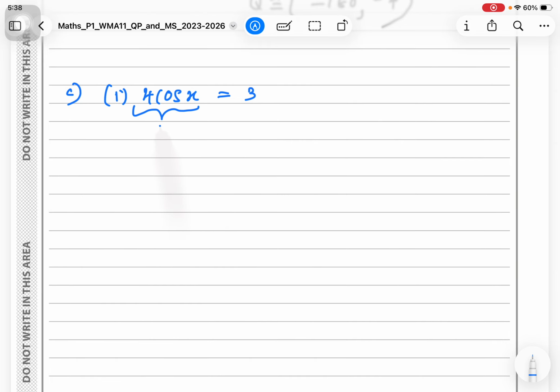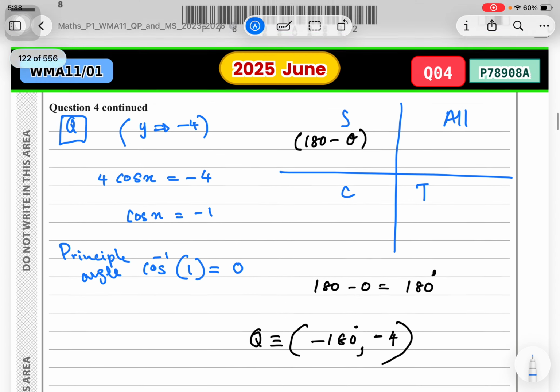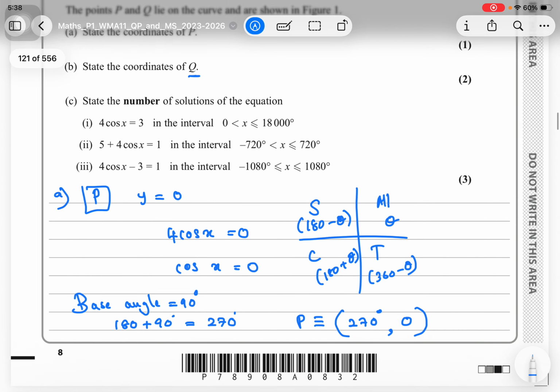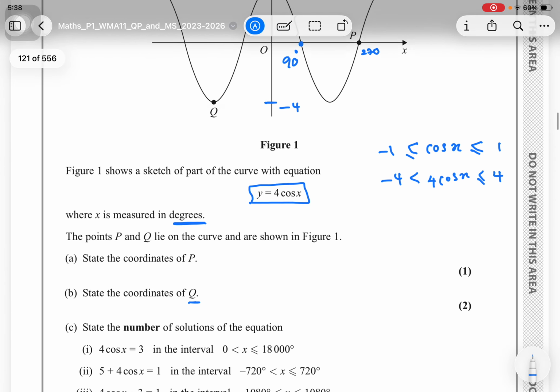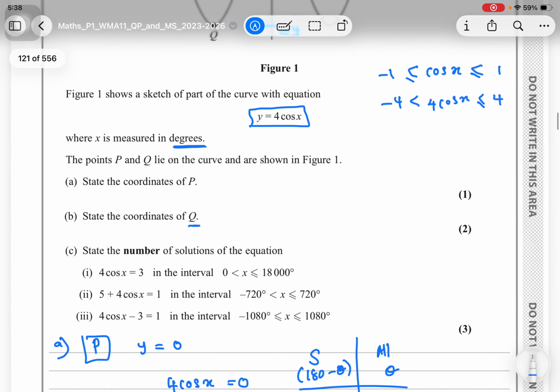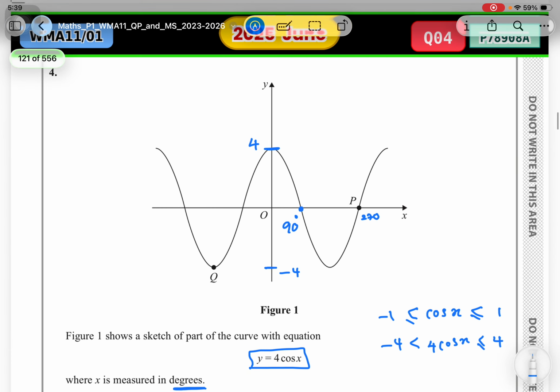This is our graph, to be honest. Once you have it, it can be taken from the graph or the numerical method. Let's see what they're recommending. They didn't really recommend anything, so we can go with either. I'll just go with the graph. They're talking about positive 3. So if it is positive 3,